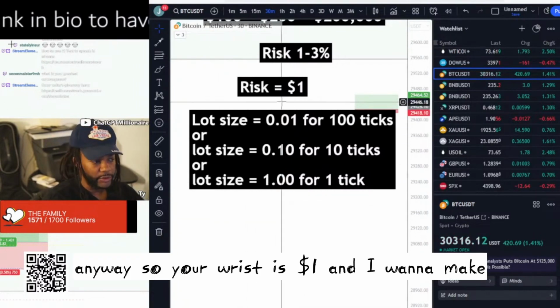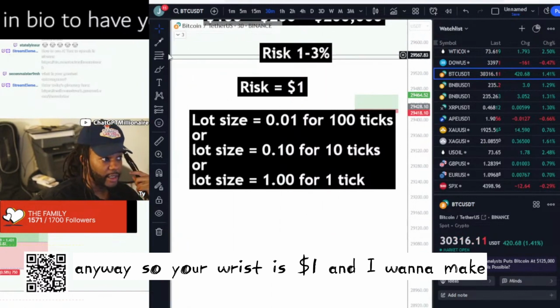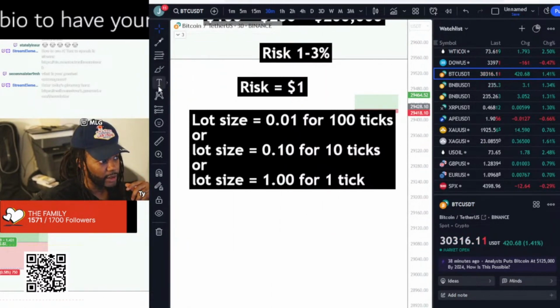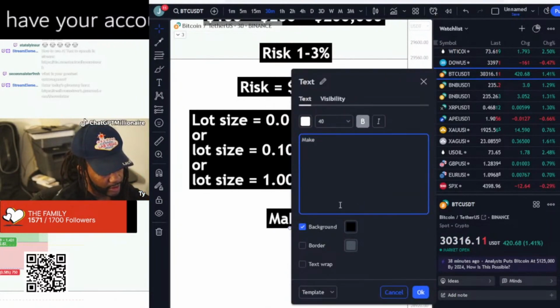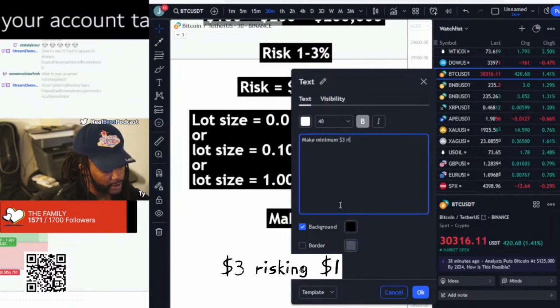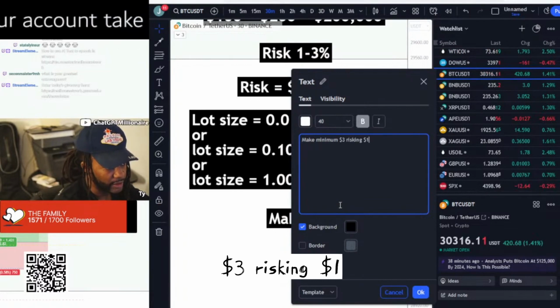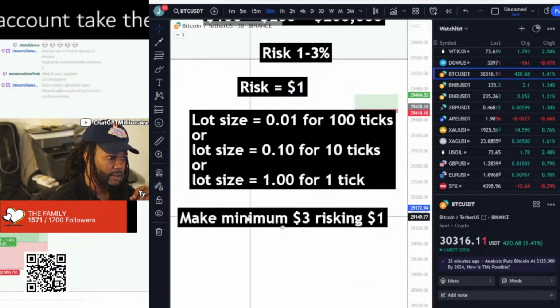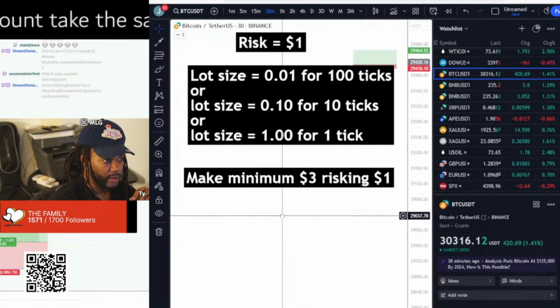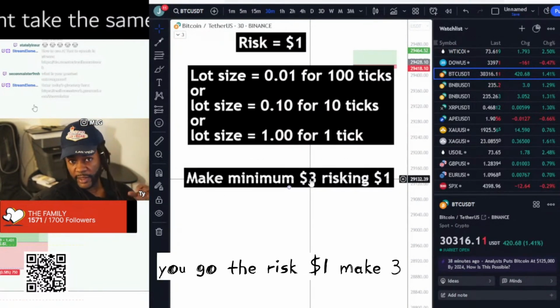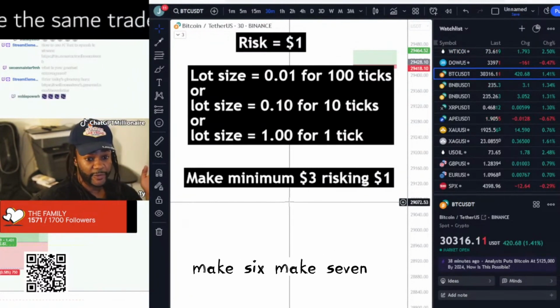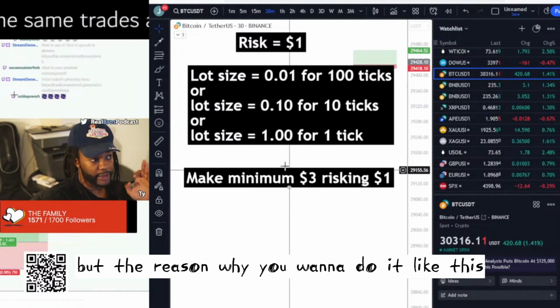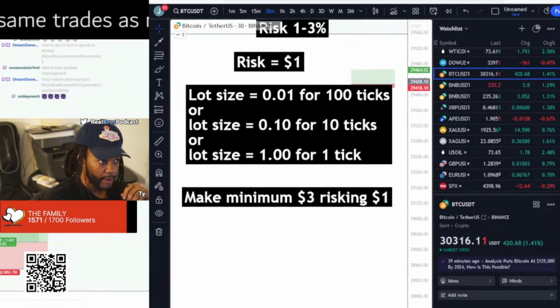Anyway, so your risk is $1, and now this gets into risk management. I want to make a minimum of $3, risking $1. So that's your goal. Your goal is to risk $1 and make 3. Or you can risk $1 and make 4, risk $1 and make 5, risk $1 and make 6, make 7. But the reason why you want to do it like this is because of